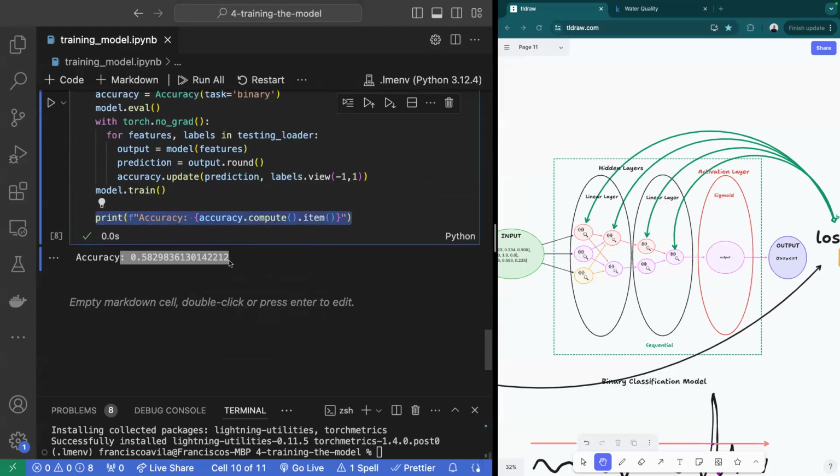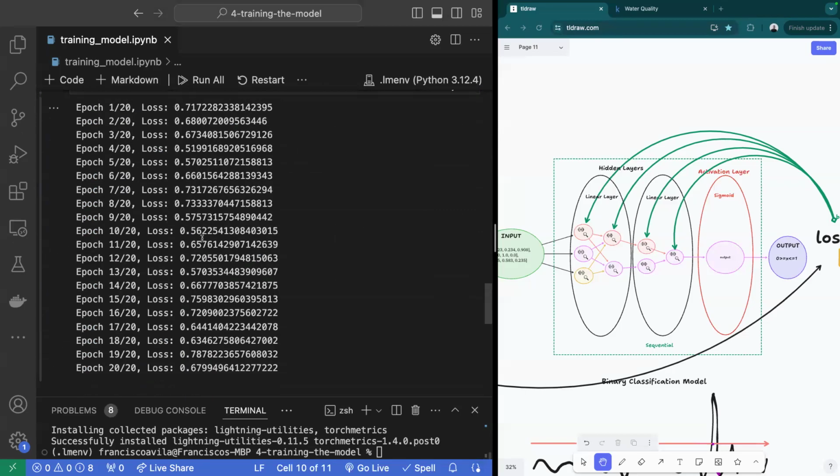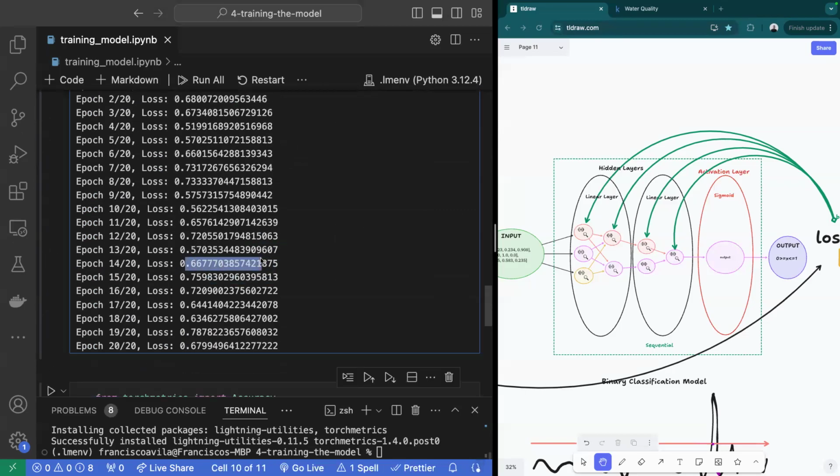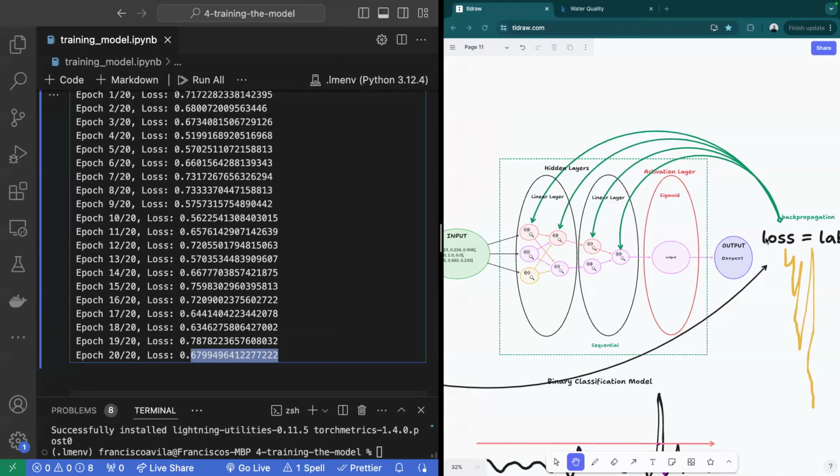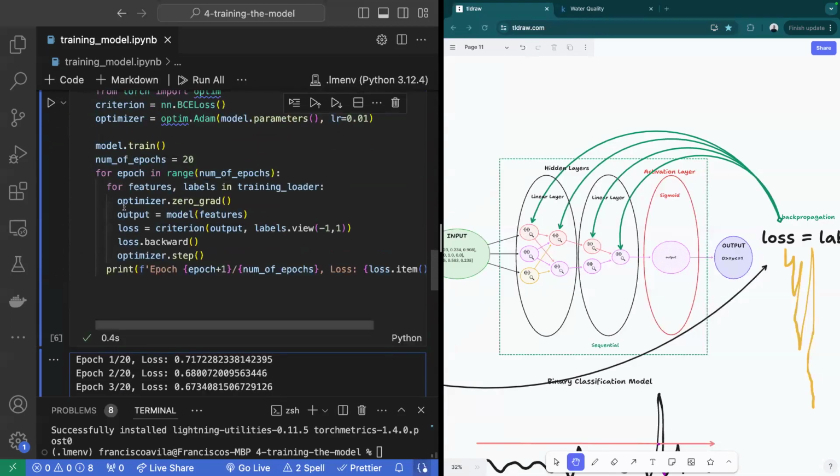Am I hearing that right? Yes, that's correct. So it's only accurate 58% of the time, and the output of my model is losing 0.67 every time it runs through. So it's further away from the optimal minimum at 0.67. Right. So what is